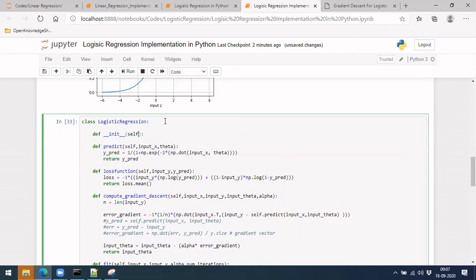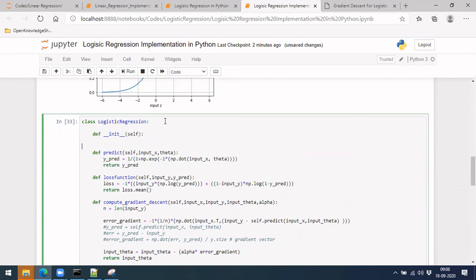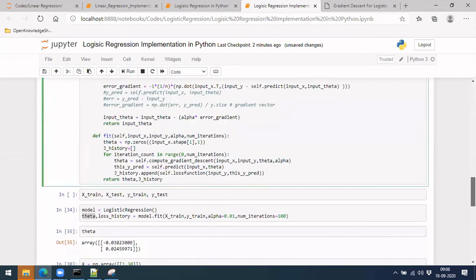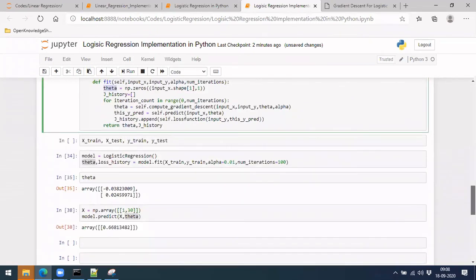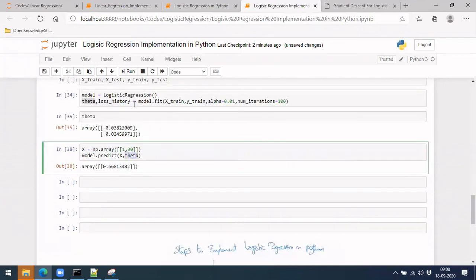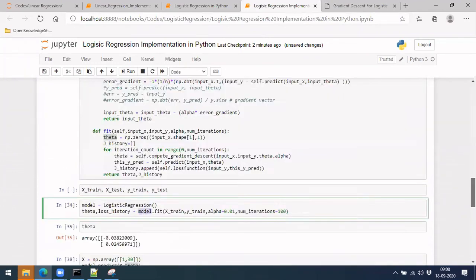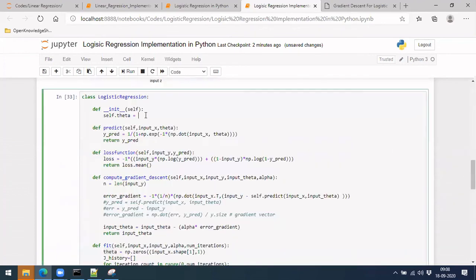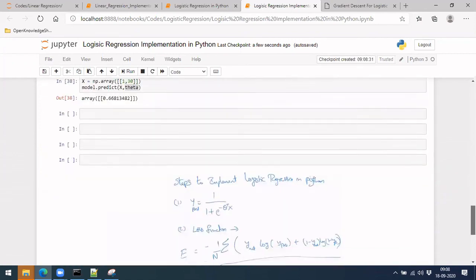So once you initialize, those things will get stored. Self.theta equals these values, right? So this will go there, and theta will be shared across each function. You don't have to provide it again here. It will be stored within the model itself. So let's not do that now. I'm not doing it, I just want to say what will happen. Okay, so that is about it.